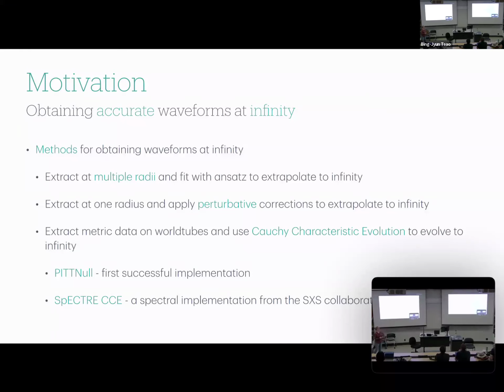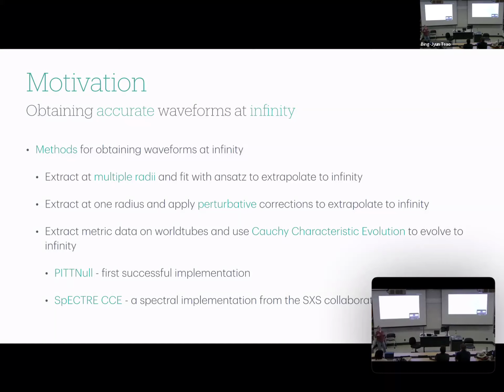It's great. All right, and then there's also this new code that came out of SpECTRE, out of the SXS collaboration. So for those of you familiar or not familiar with the SXS collaboration, their previous code SpEC was not open source. Their new code SpECTRE is. And this, as part of that, is their Cauchy characteristic evolution thorn, no, not thorn, module thing, script, software, here we go.